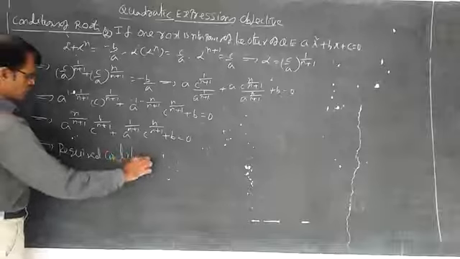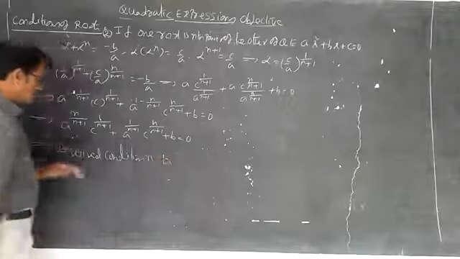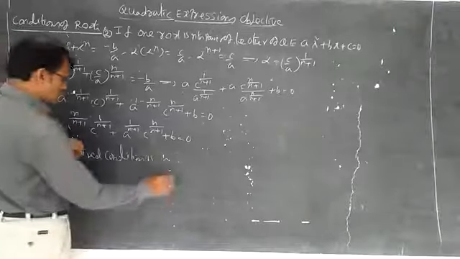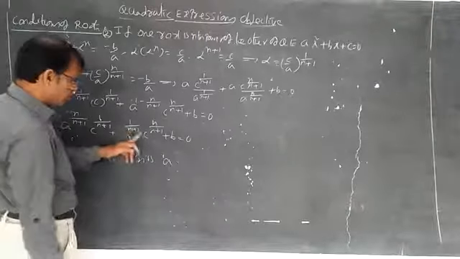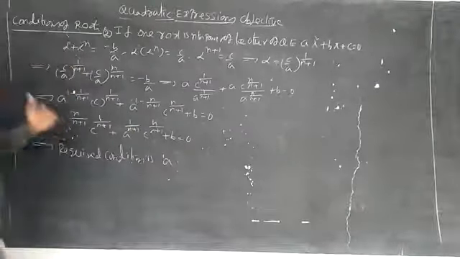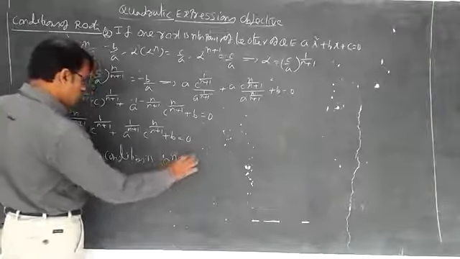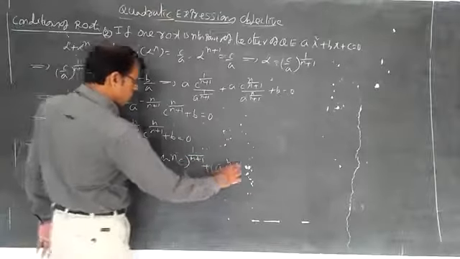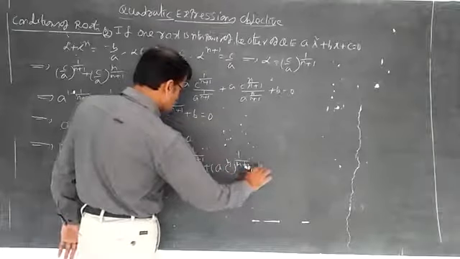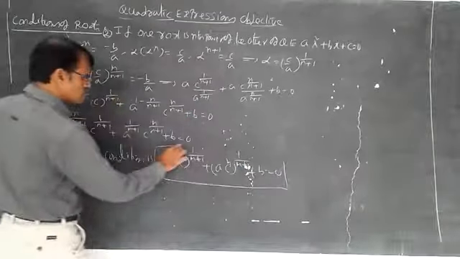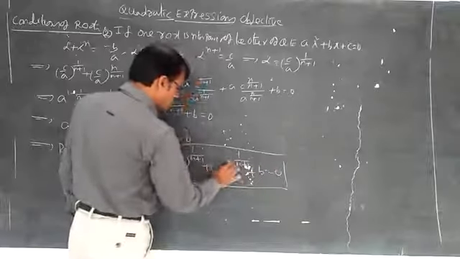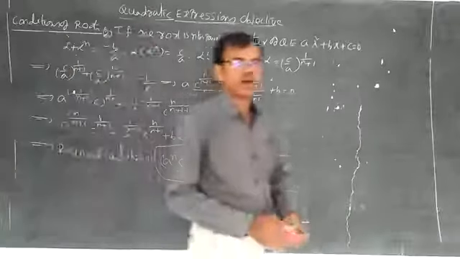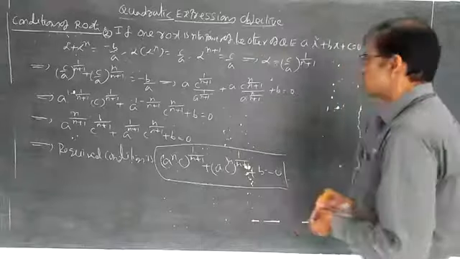Required condition is a dot c power 1 by n plus 1 is there, and a power 1 by n plus 1, c power 1 by n plus 1 is there. We can take this one as common like this: a power n dot c whole power 1 by n plus 1 plus a dot c power n whole power 1 by n plus 1 plus b is equal to 0. We can substitute the value here 2 whenever the roots are in the model of alpha and alphas. Here also depends upon this formula.